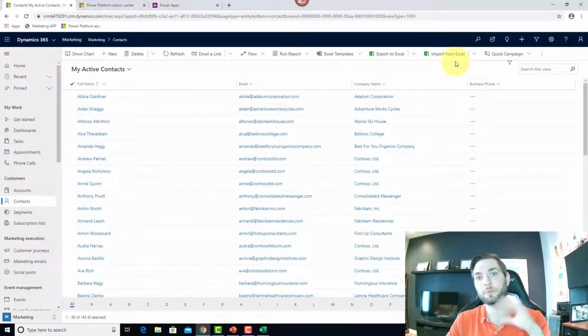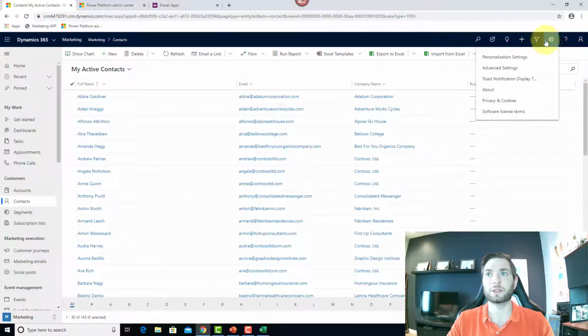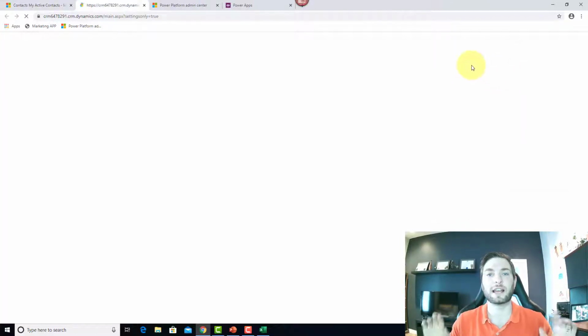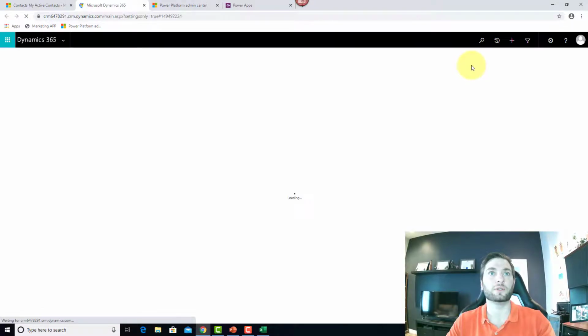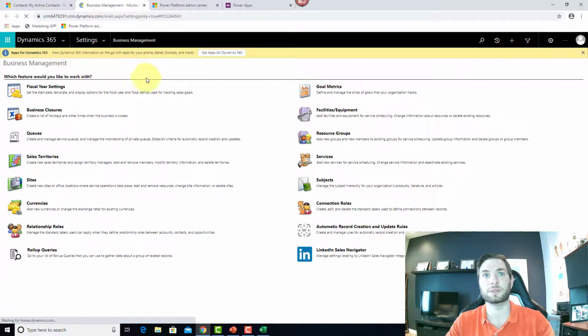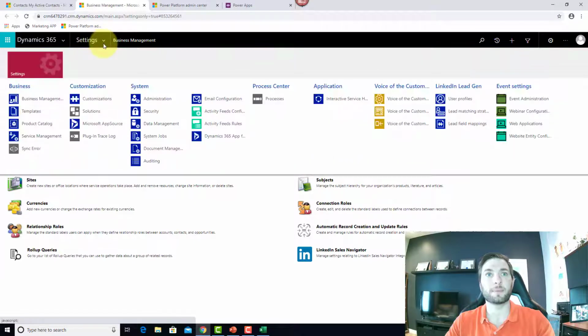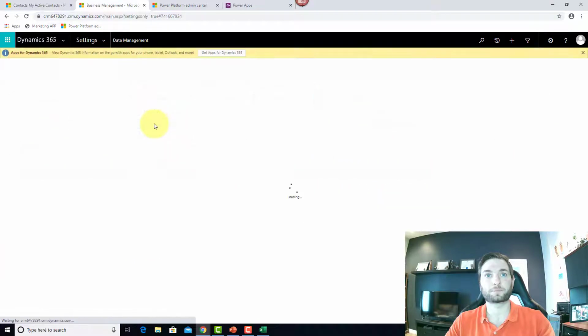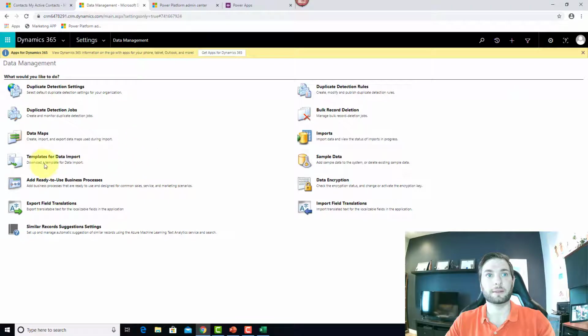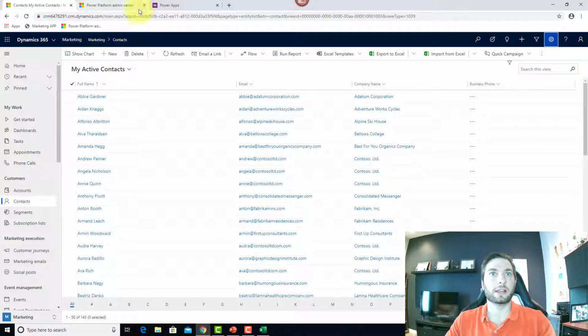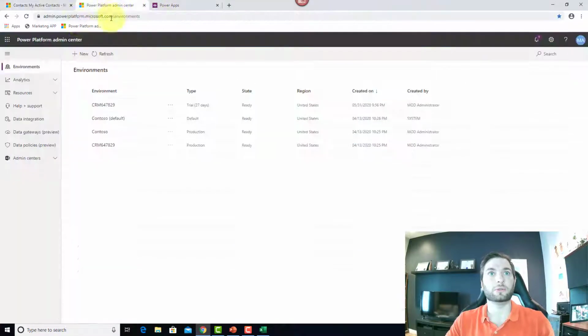But just before I go there, I want to show you the second option you have to create your Excel template, which is to use the data import template creator. You have 2 ways to access it. Either you go there in the settings, advanced settings. It's the classical way of doing so. If you're more familiar with this interface, you can go into settings, then data management, and then template for data import. The second way, which is the new way, is to navigate to